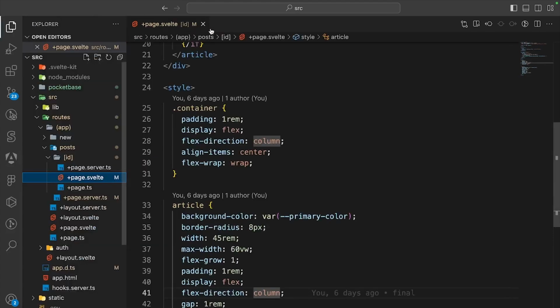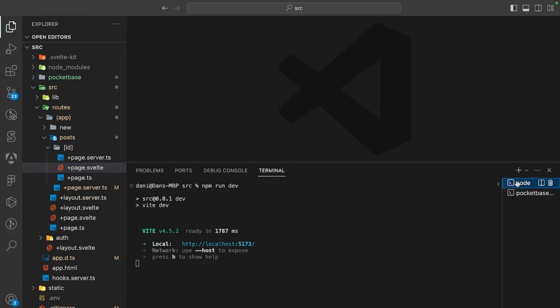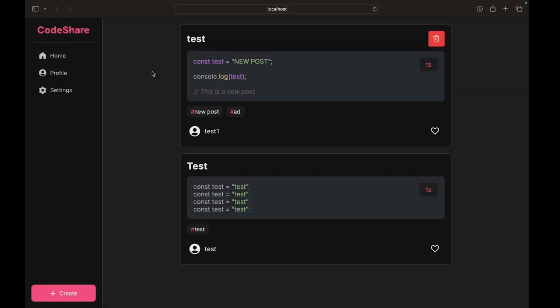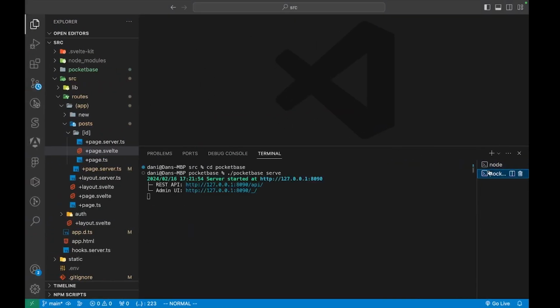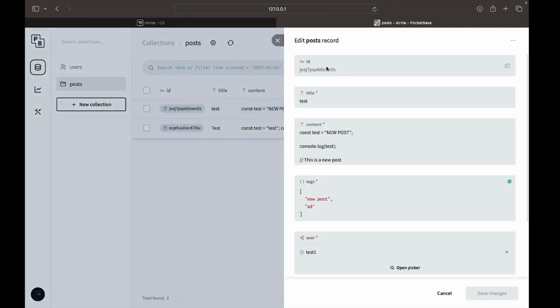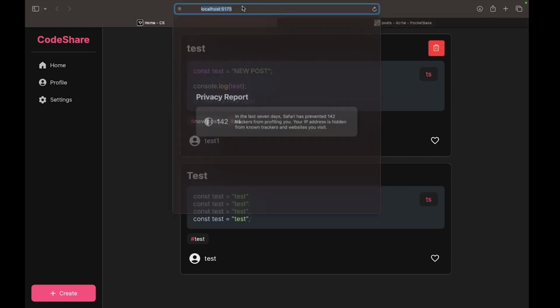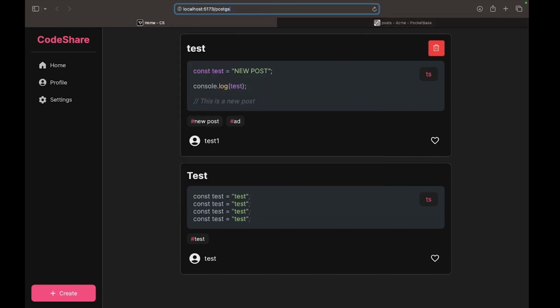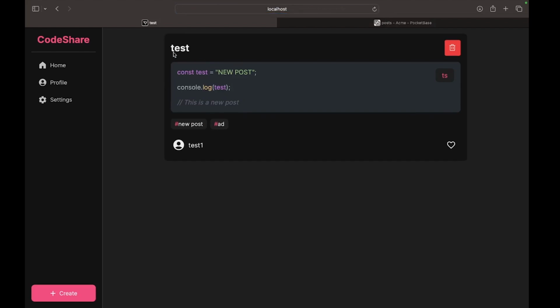So you can close this file, and let's go open the terminal right here, and we can open the dev server just to see the results. So as you saw in the previous video, we created this form right here. So then let's open it up right here. Let's go over to PocketBase, and let's go over to the admin UI. And then if you go over to the post collection and go here, let's copy this ID, and then inside the URL you can say posts slash, and you can input the ID right after,